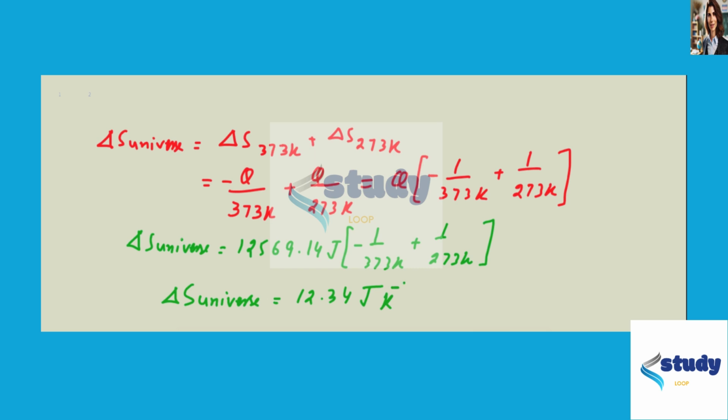Now we can easily calculate the amount of unavailable energy. So the relation for unavailable energy is that is equal to T naught times change in entropy of universe. Here T naught is absolute temperature of the coldest heat reservoir. Here the value of T naught is 173 Kelvin and change in entropy of universe is